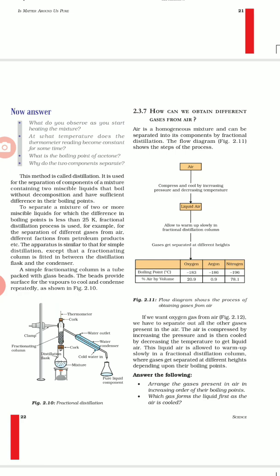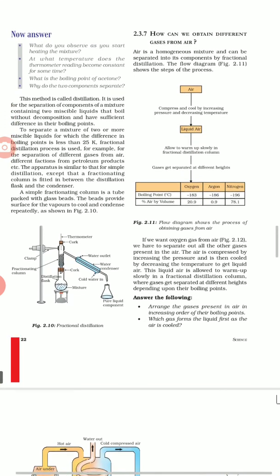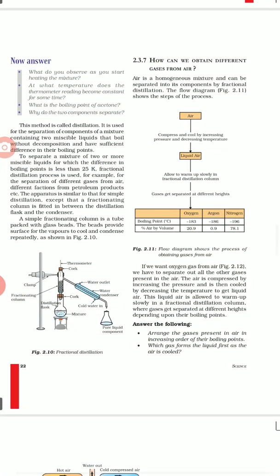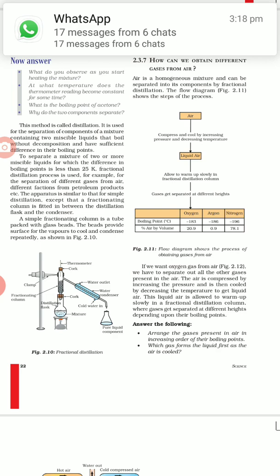Okay, the flow chart is given. Air is present in the atmosphere. What do we do? We compress and cool it. Now how can we do it? By increasing pressure and decreasing temperature. When we do this, we will find that air, which is in gaseous form, will get converted into liquid air. Okay, once the air gets converted into liquid air, we will allow it to warm up slowly in